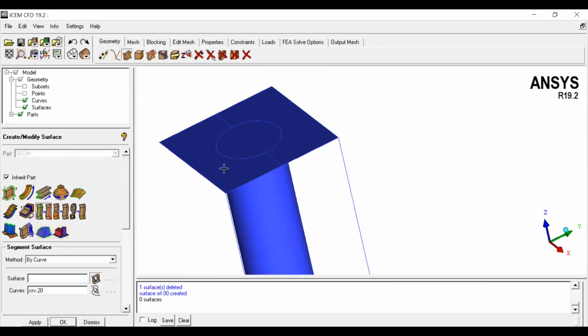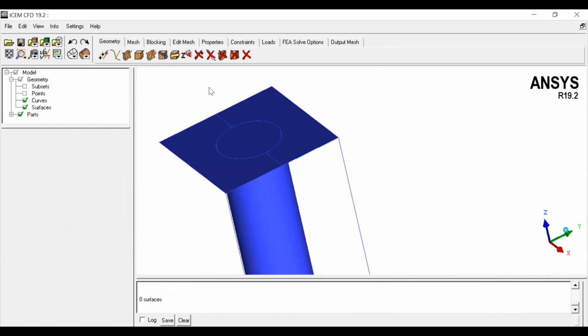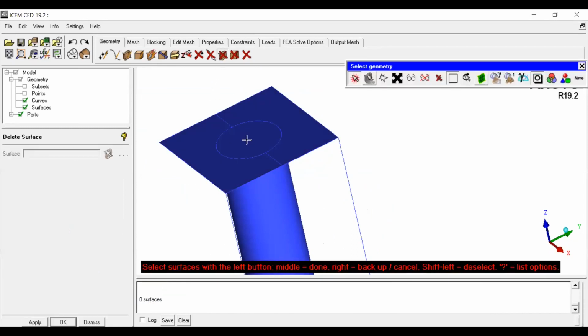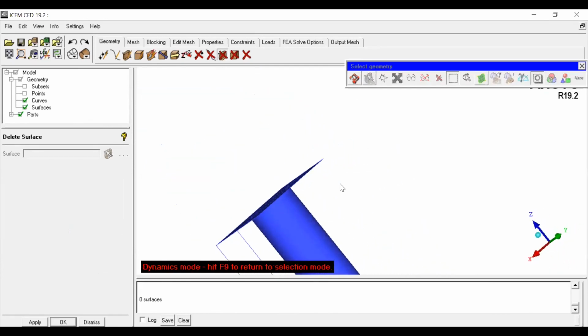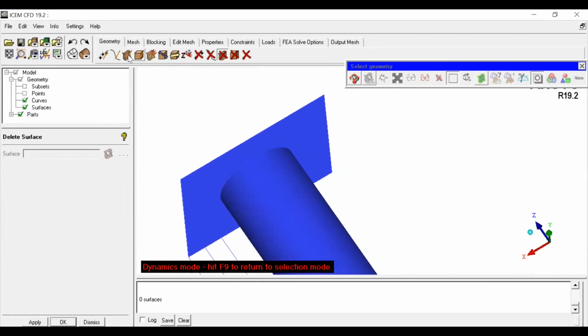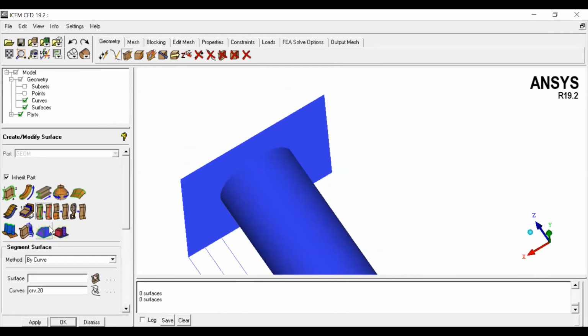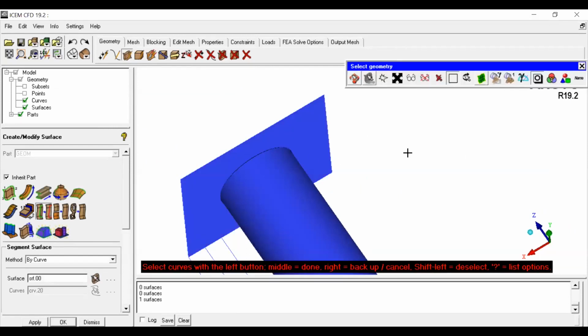Go to surface, trim surface, select, and this cut.